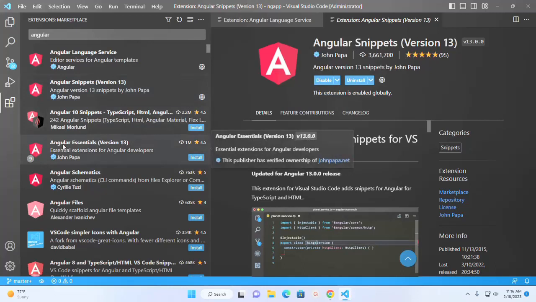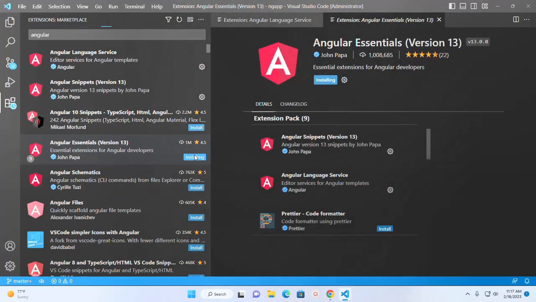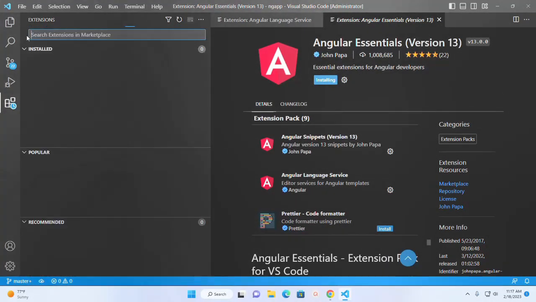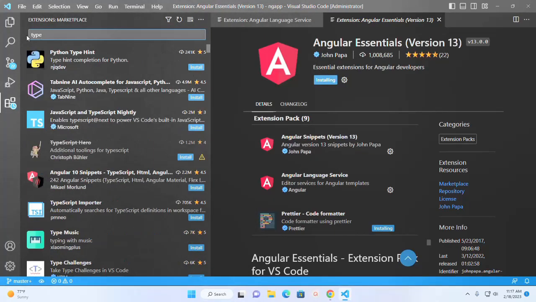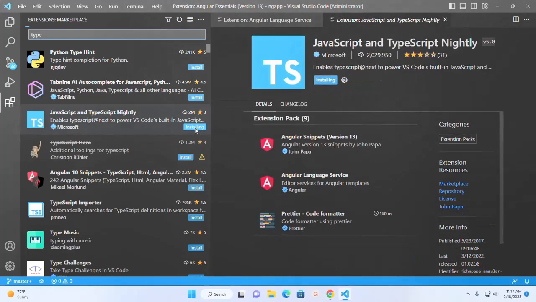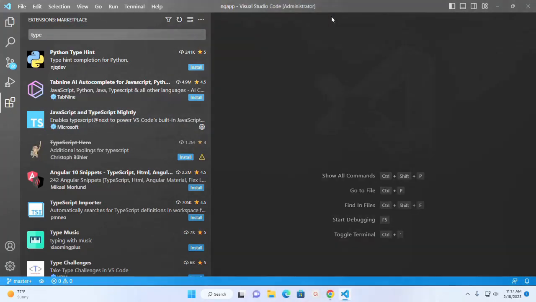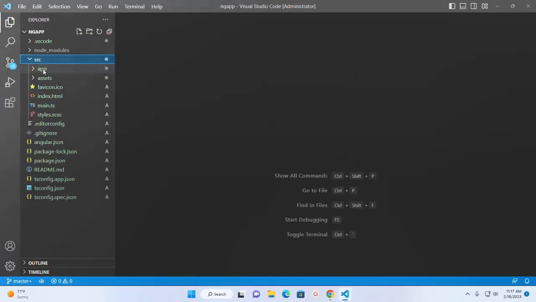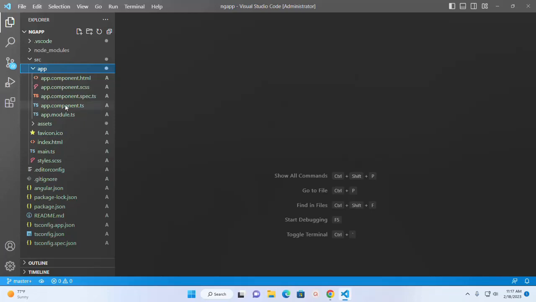Also install Angular Essentials. And then install TypeScript Nightly extension developed by Microsoft. Okay, now expand source folder and then expand app folder and then open